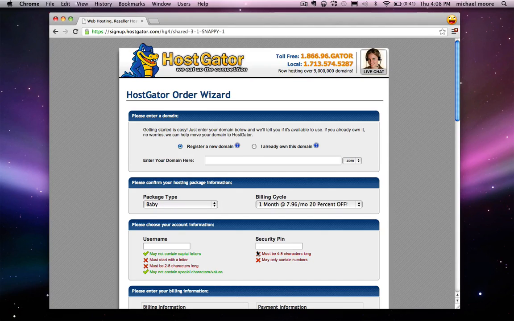So this is the fun step of choosing your new domain name. And if you already have a domain name that you got from a registrar like GoDaddy, you can click here and then type in the domain here. But if you are needing a new domain name, just click register a new domain, and then you have to make up your new domain. So this is going to be your company name or your name or whatever it is that you want to do. I will choose